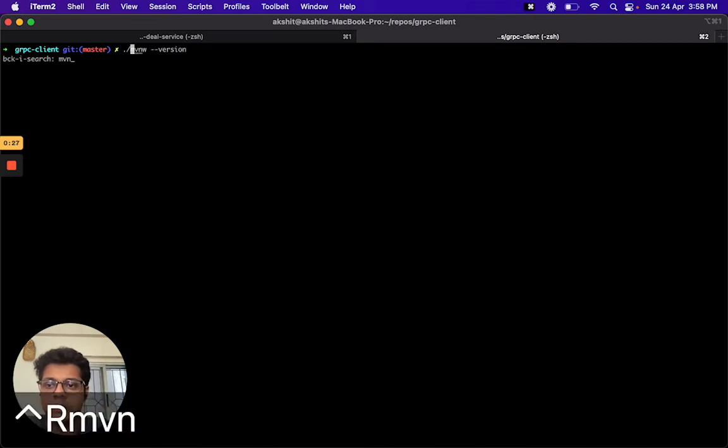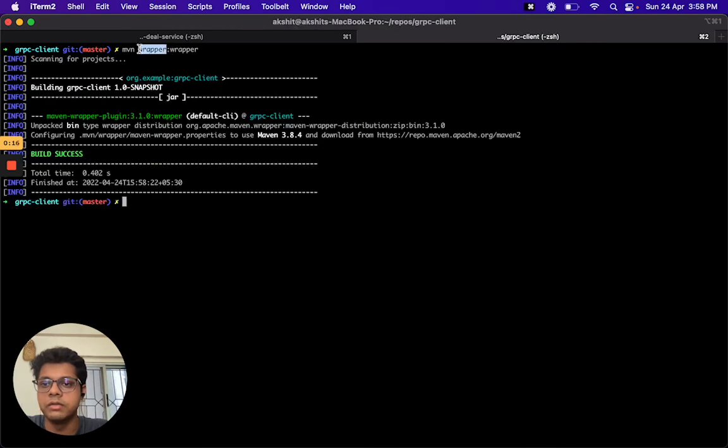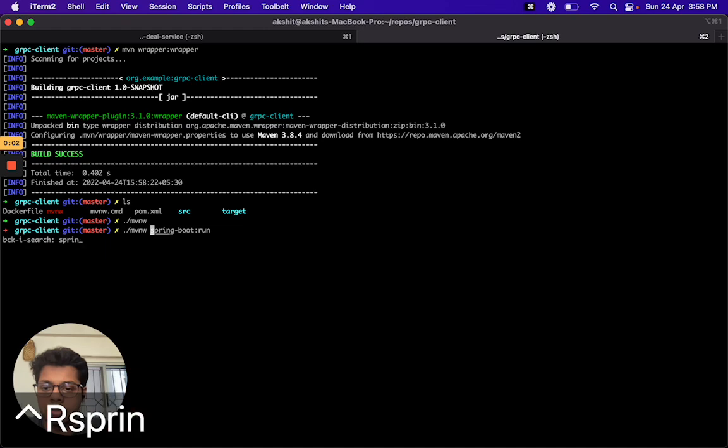You basically run mvn wrapper. In this way it will generate the wrapper for you, and now this mvnw will be generated, and you can check this in to your version control system like GitHub, and you can do mvnw spring-boot:run, and it will